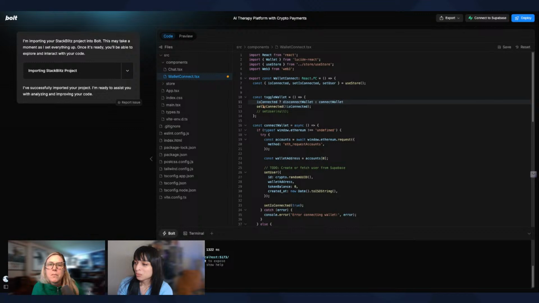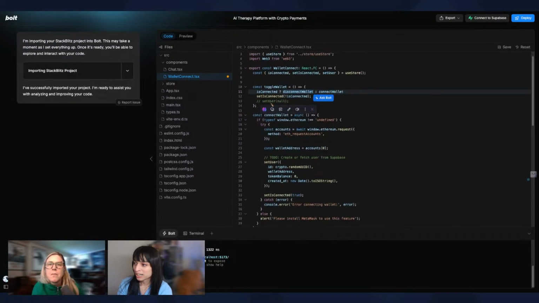So we copy the state here. So it says if is connected, then disconnect. All right. So that's what this does here. Disconnect wallet is what used to be what we're running right now. Does that make sense? Yes. Disconnect wallet was before we changed this. So it would run through and check, is it connected? Then disconnect wallet would set user null and also set is connected to not is connected.